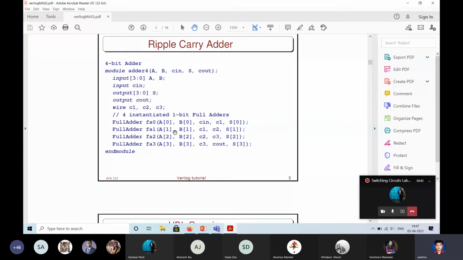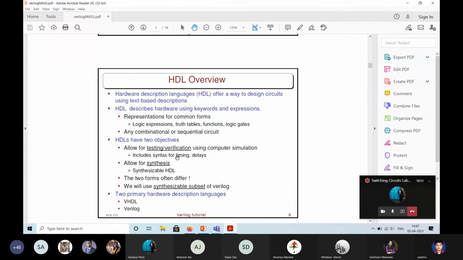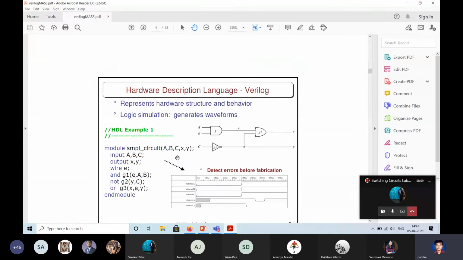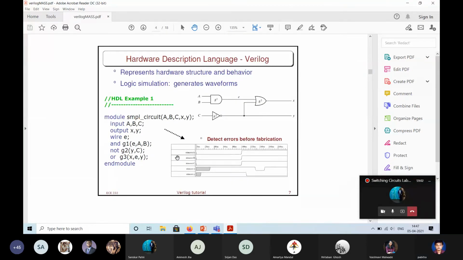You can see their port list consists of each of these bits in the bit vectors. So you can instantiate them. This I have already explained.